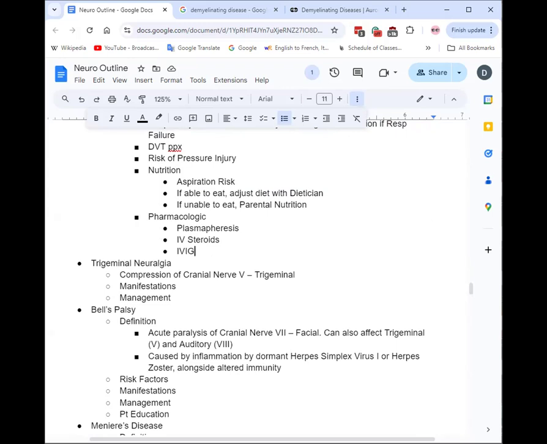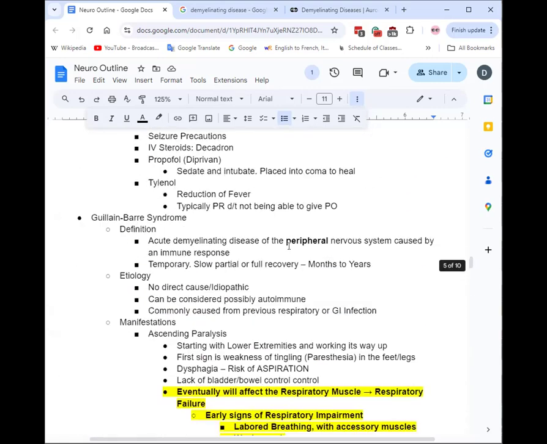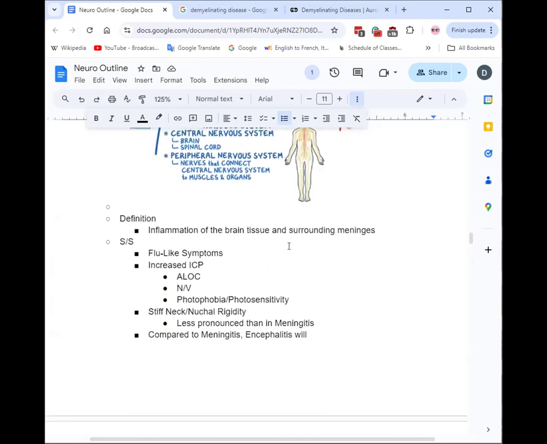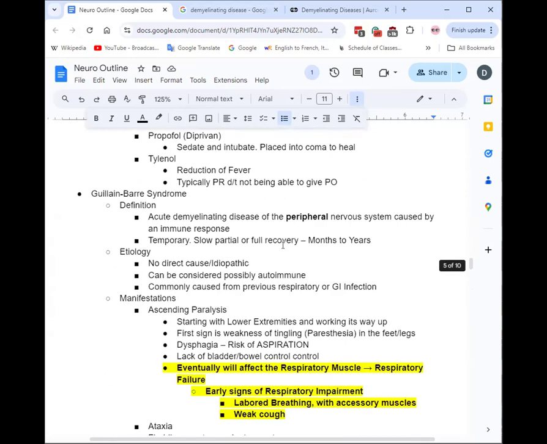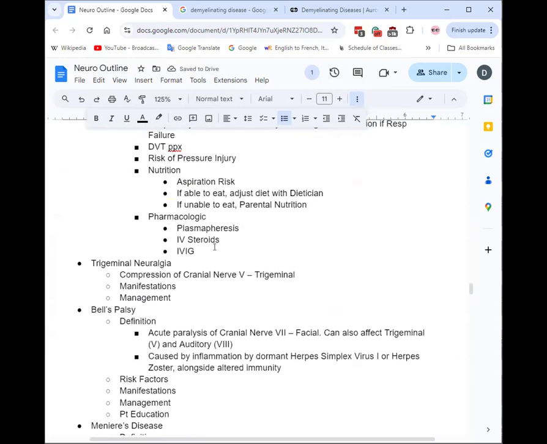It's not definitive that it is autoimmune. Kind of like your ulcerative colitis or Crohn's, which are not definitively autoimmune but are considered practically autoimmune. I think this one's the same; it says here immune response, and it's thought to be autoimmune. So that would make sense with both the plasmapheresis and the IVIG, which are typically for autoimmune conditions.